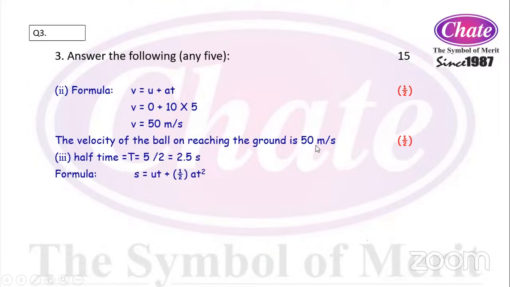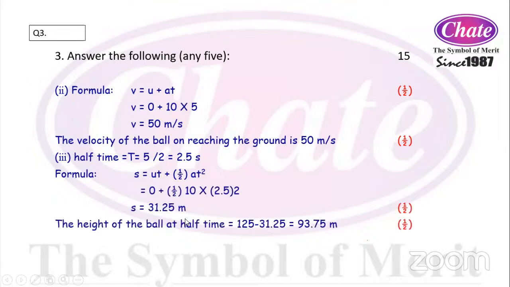Now, after half time, what will happen? That half time will be 2.5 seconds. And after that time, how much distance will it cover? So in half the time, the ball will cover almost 31.25 meter as distance. But this distance is from the top and not from the bottom. And we want to find the height, and height is always calculated from the bottom, that means from the surface of the earth. So we have to deduct that